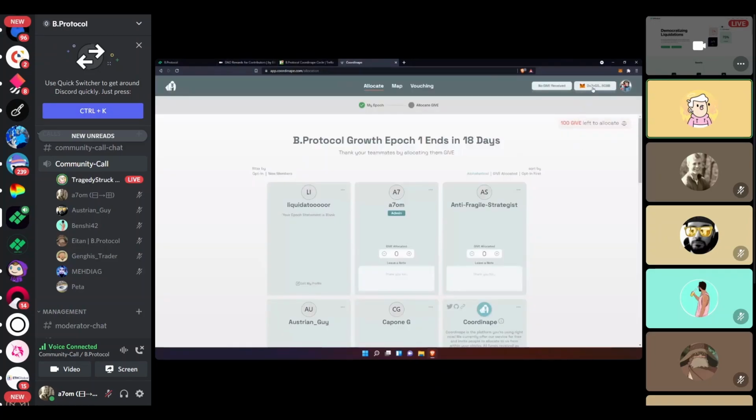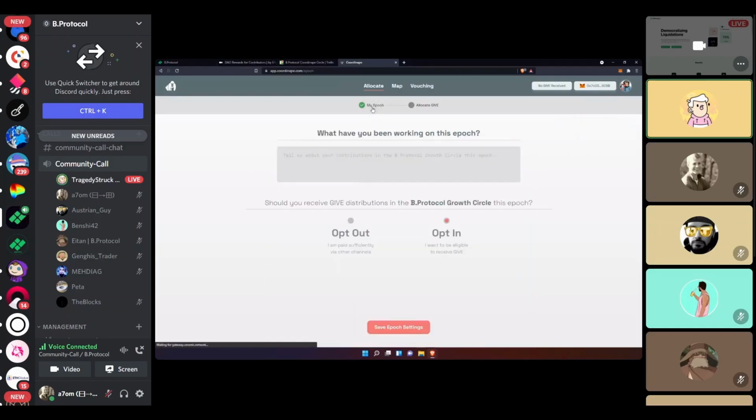And I added myself as sort of a demo user here. I think initially it will be sent to this screen, but I've done this before. What this is essentially is a dialog box where you're expected to fill in what you've done through the epoch, and B.Protocol has chosen 3 weeks for the epoch.